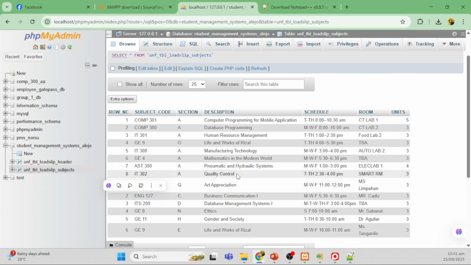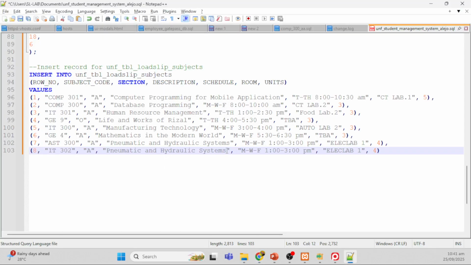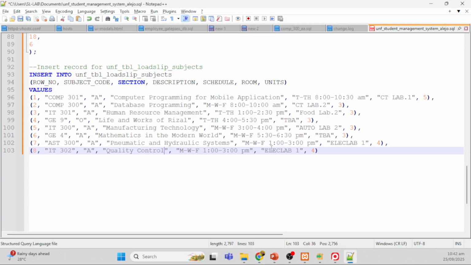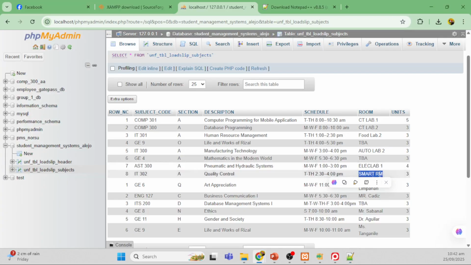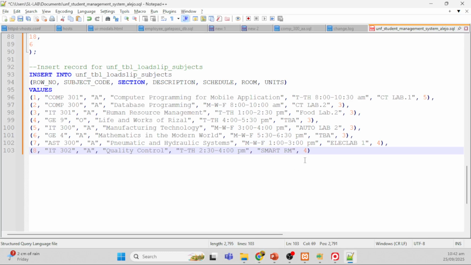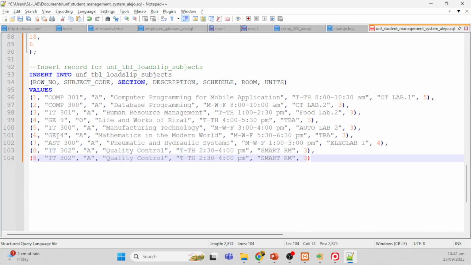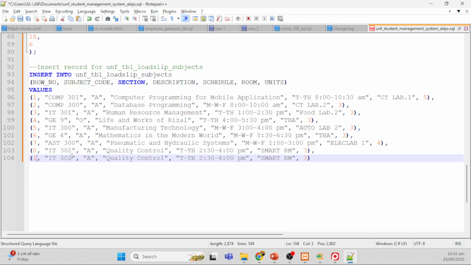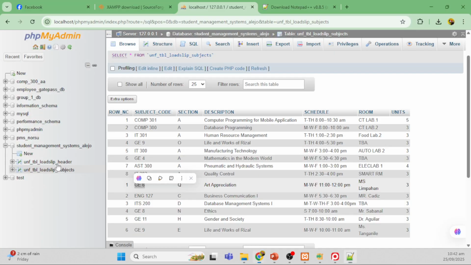and this is section A again. We have Quality Control and I have here TTH and smart room, and that is 3. So halfway there, we can copy the template again and we have to start again from 1, and we have GE6, so you continue